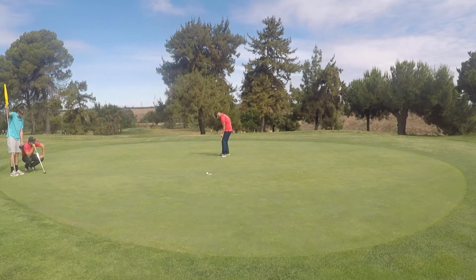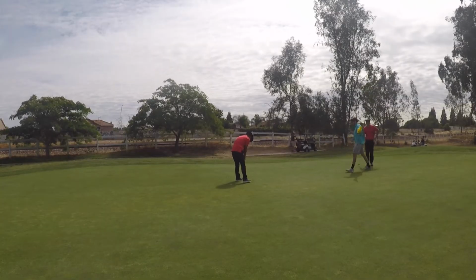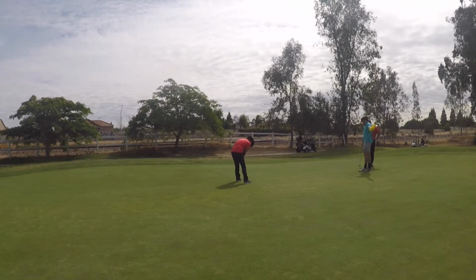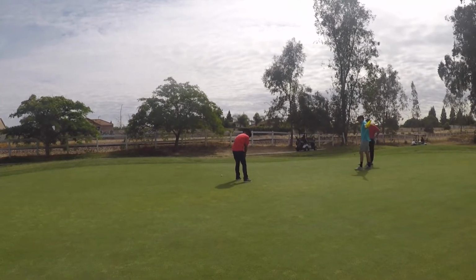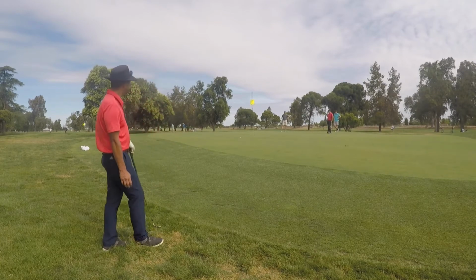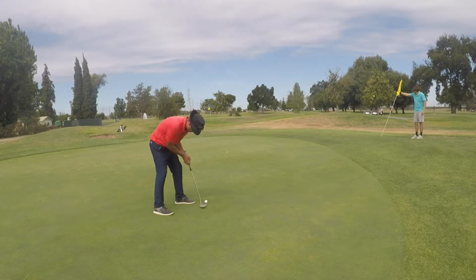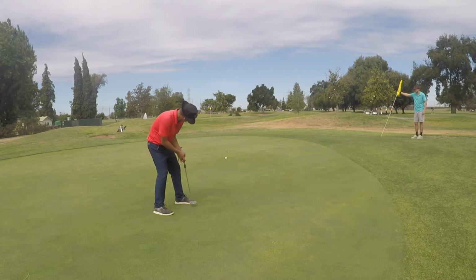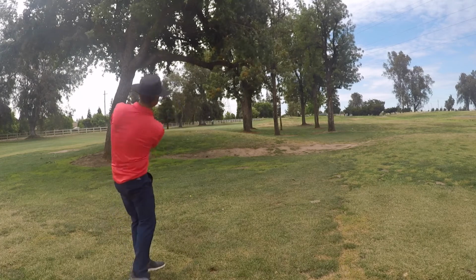Okay, and then I missed this easy opportunity on the hardest hole on the course. That was a birdie opportunity. Then I had this par 5, maybe about 1.5 feet. I lost focus because that's just the way it goes. And then I got up and down really nicely on a par 3, tough hole. And I had this long opportunity there for a par on a blunderous mistake that I had made, but I parred it, and then I